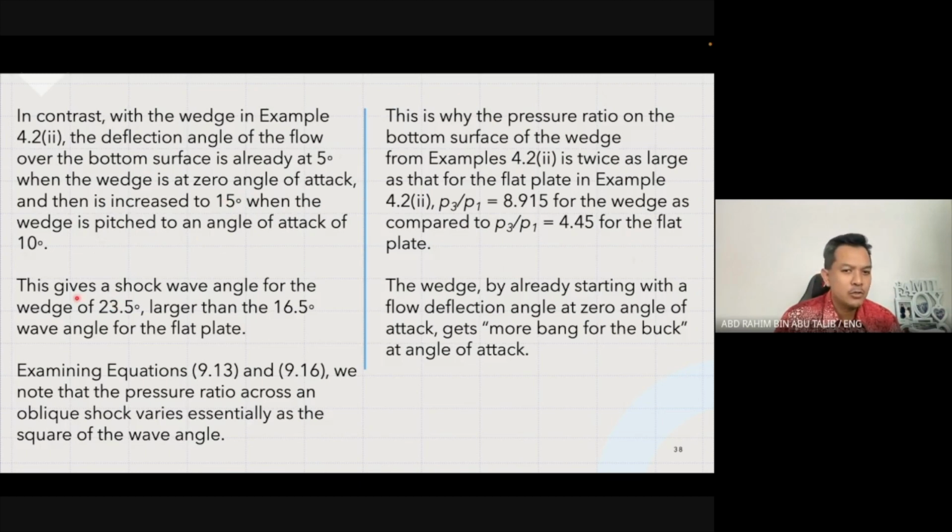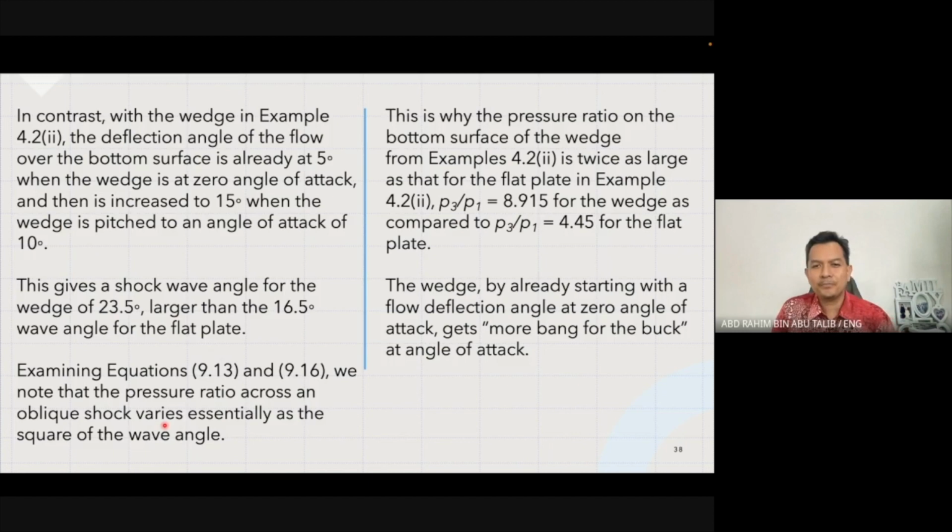So this gives a shockwave angle for the wedge of 23.5 degrees, larger than the 16.5 degrees wave angle for the flat plate, right? So examining the equations, I'm very sorry I didn't change this equation. Maybe I will just refer back to the Anderson book, so we can look back at equations 9.13 and 9.16. Okay, we note that the pressure ratio across an oblique shock varies essentially as the square of the wave